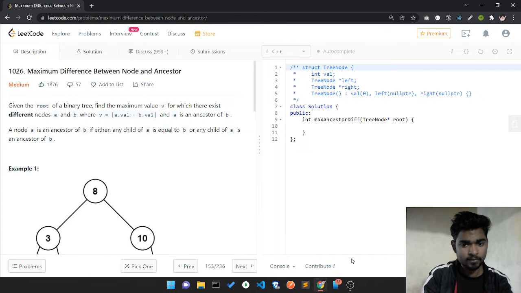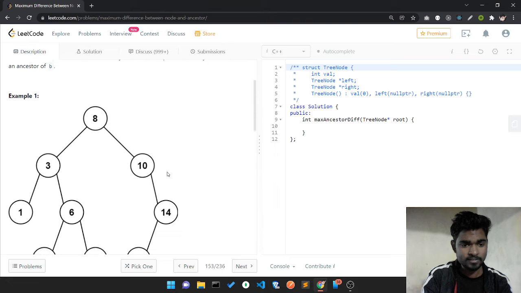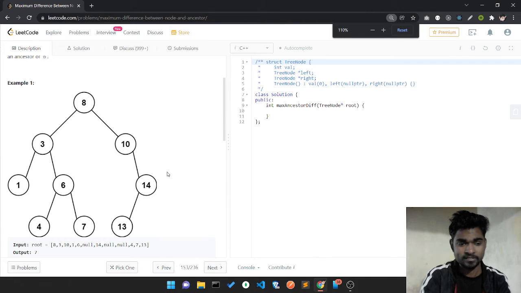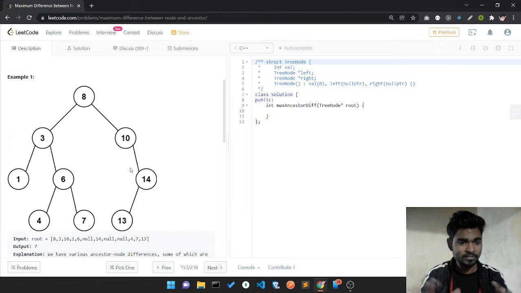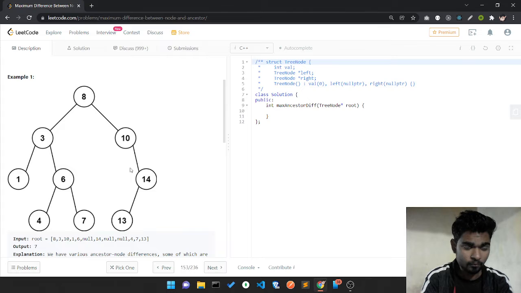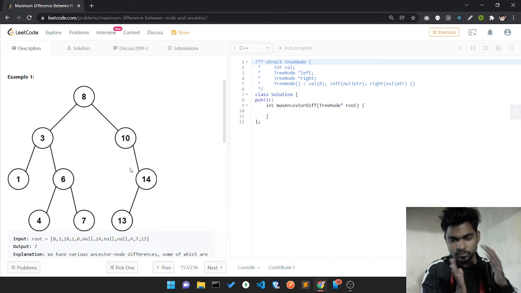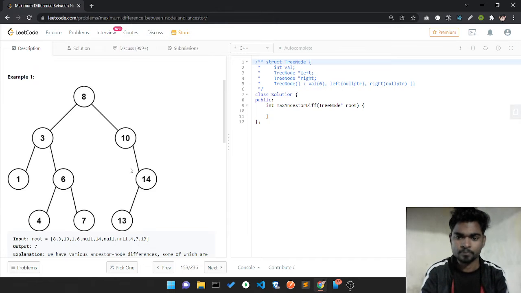So yeah, this makes some sense. Let's try to resize the screen. So we are given this tree, and we have to find a difference between two nodes, where one of the two nodes is the ancestor of the other.